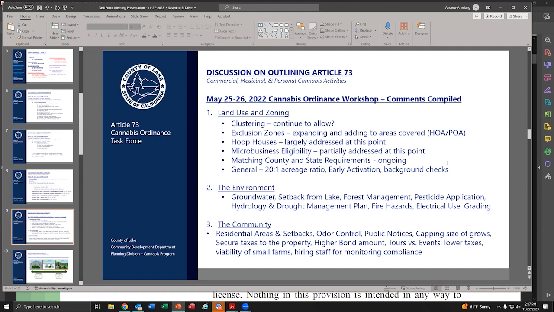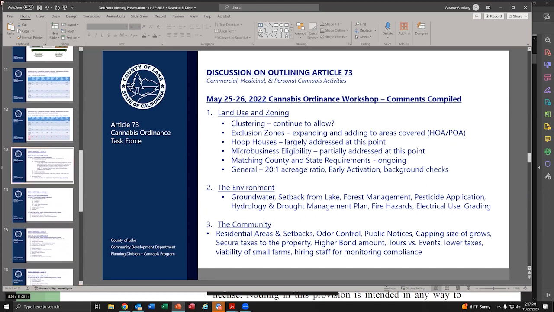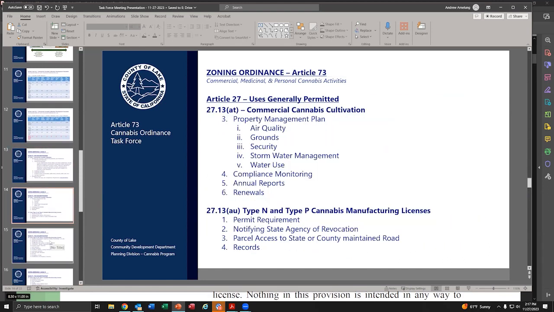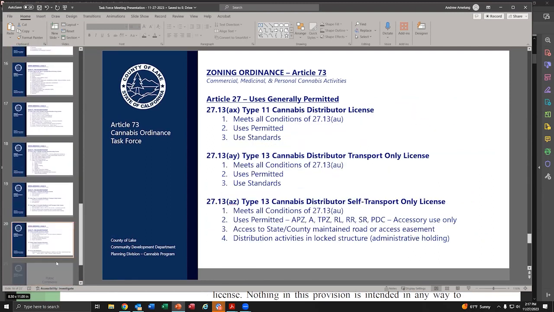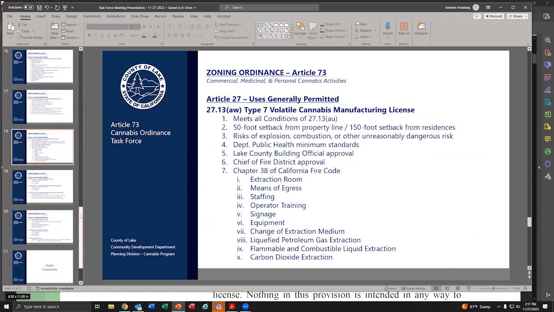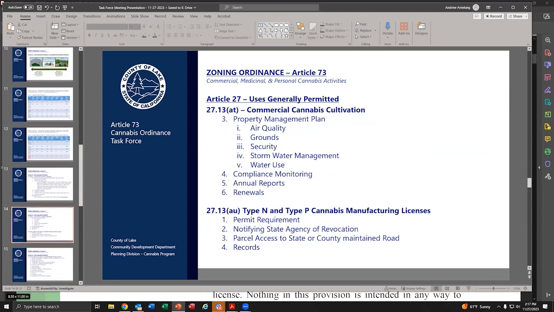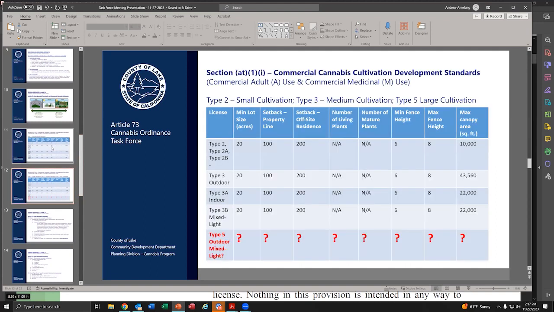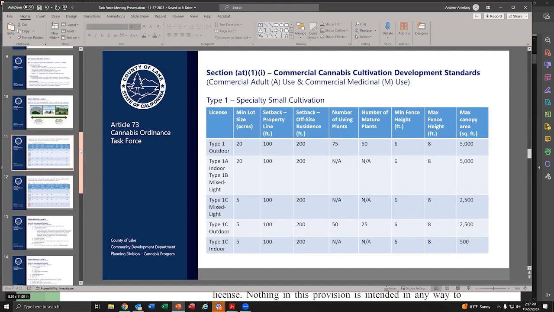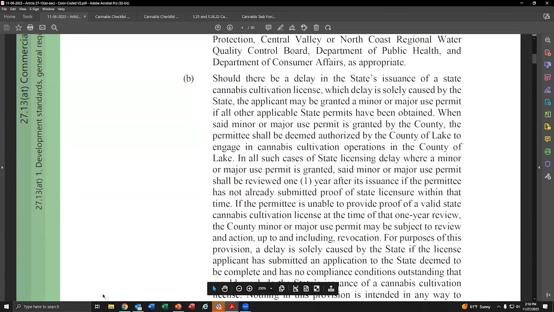But just to zoom out and start to look at the big picture, again, I'm not sure how many of you had looked through the overall outline of how the ordinance currently looks, which are these last handful of slides. With that said, I wanted to touch upon that maybe we could start brainstorming on a better outline, a better structure for organization, and then dive into the weeds of all those details. So that's all. That was really quick. I got through that in about a minute, so we can go back to our development requirements,